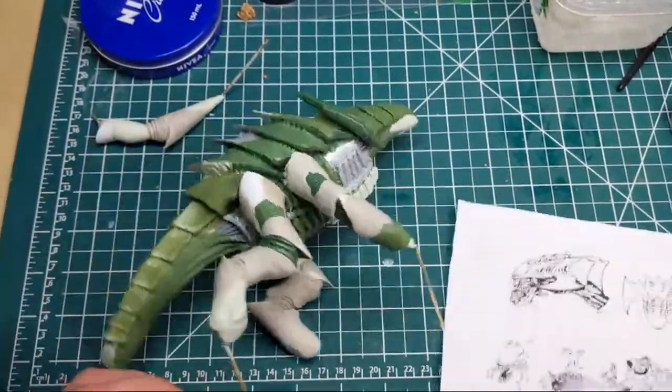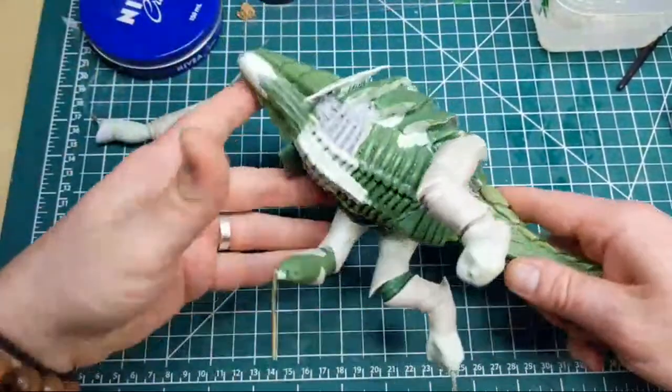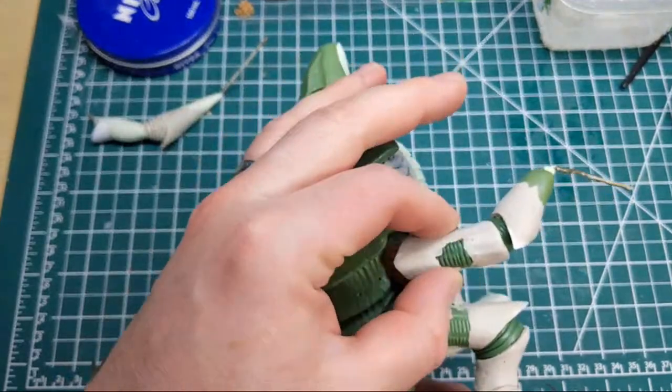So I've been working on this for about a year, off and on. Mostly off, not on. And it's for a very, very patient client. It's a commission. Yeah. So tonight I just have to...